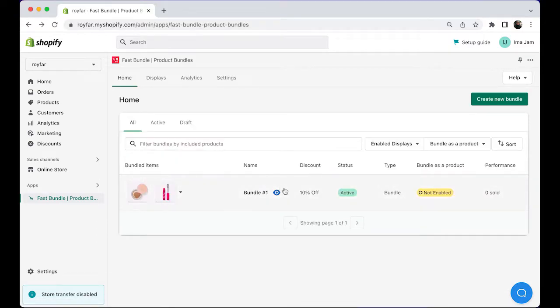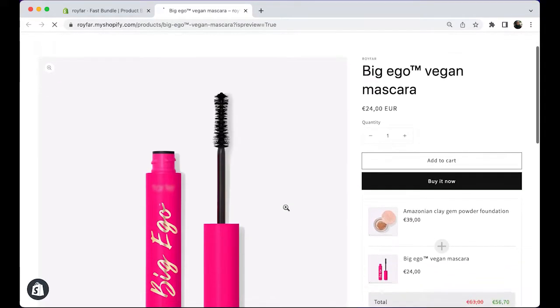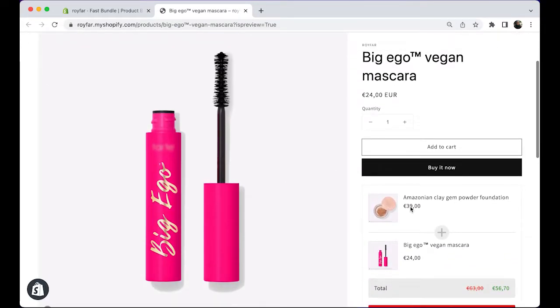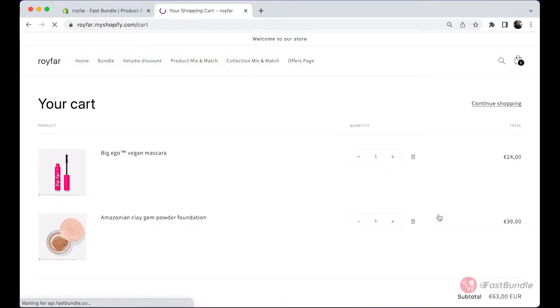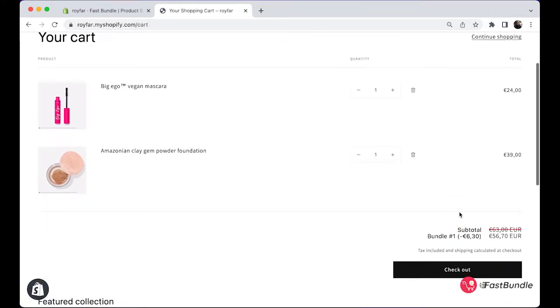It's added to my list of bundles here, and using this little eye icon here, I can preview the bundle I just created. So we're here on the product page of the mascara. This widget has appeared, which shows me the bundle that I just created. I add it to my cart, and you see here that it's been added to the cart,